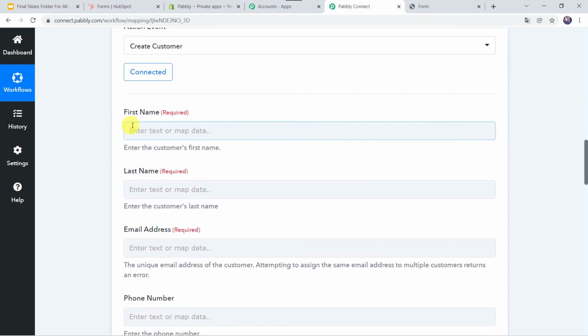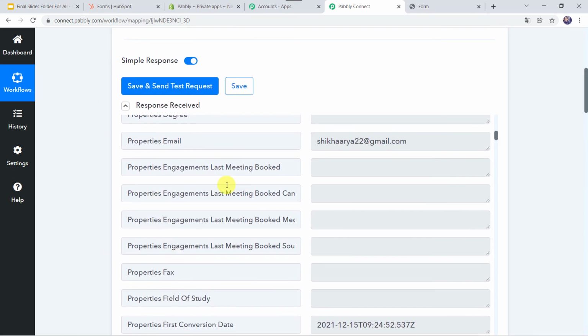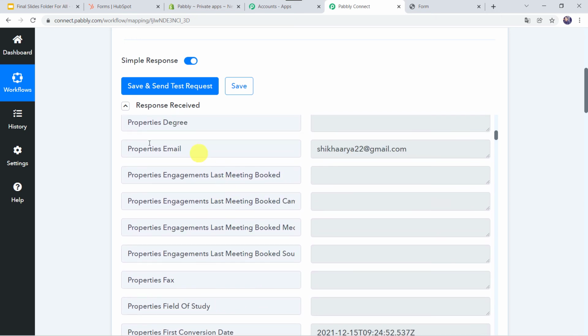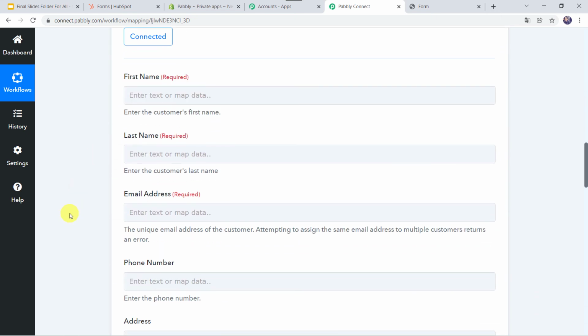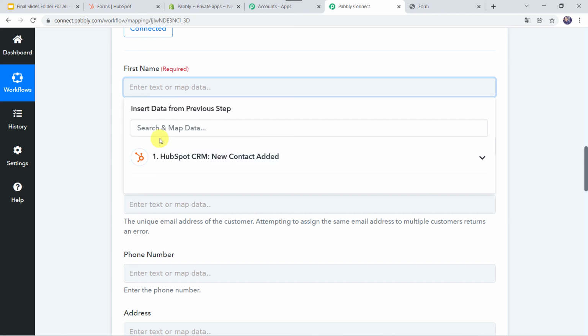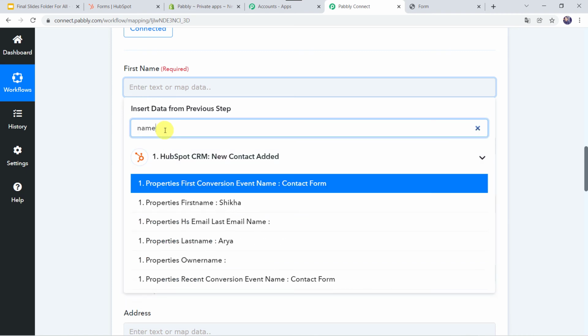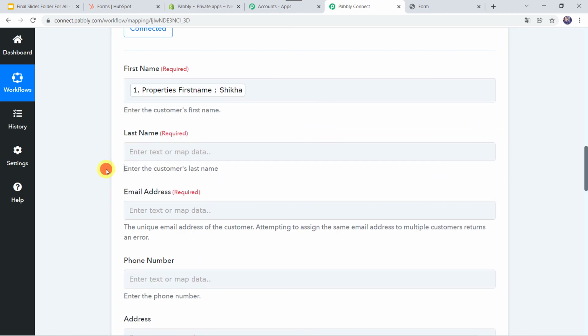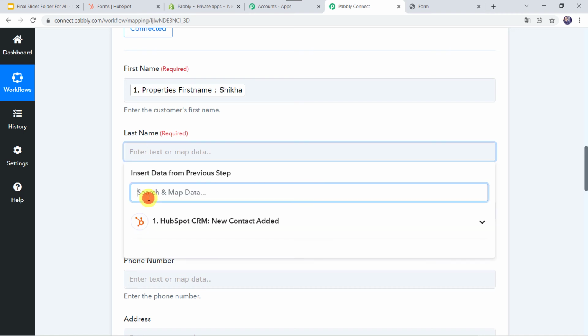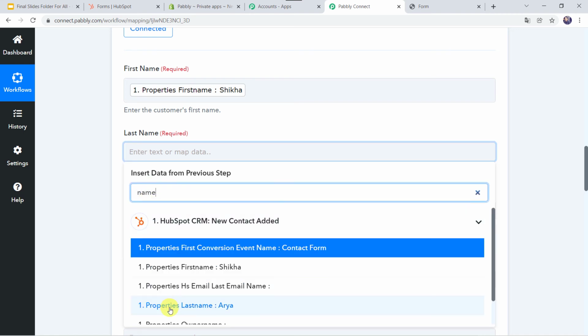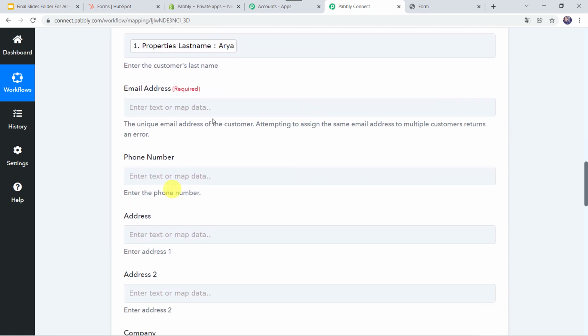Now here we have to give the first name, last name, email address. So we have already got all these details from the HubSpot form. So we are going to map these details now. Okay. So I'll just scroll down. Let's map the first name. And the first name was Shikha. Last name. So the last name was Arya. I'll scroll down.